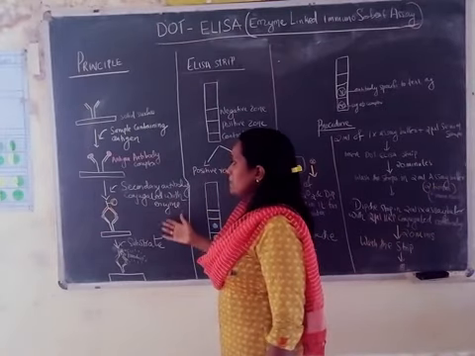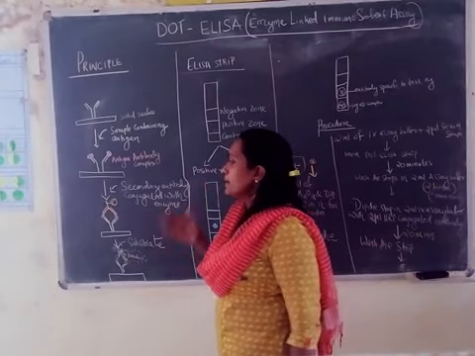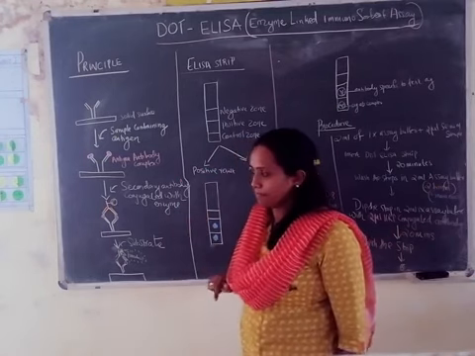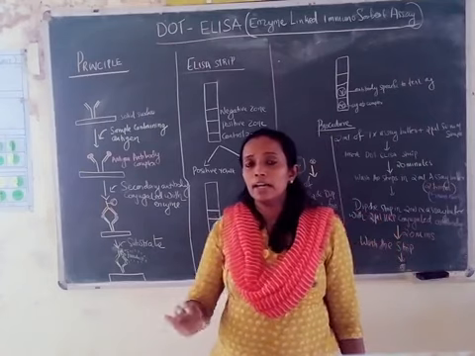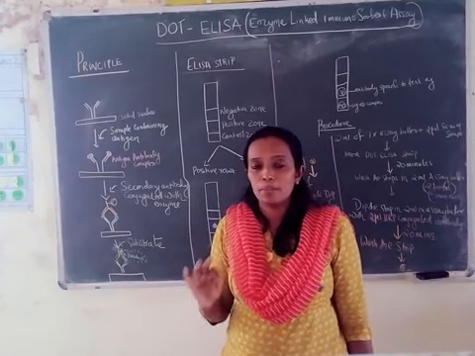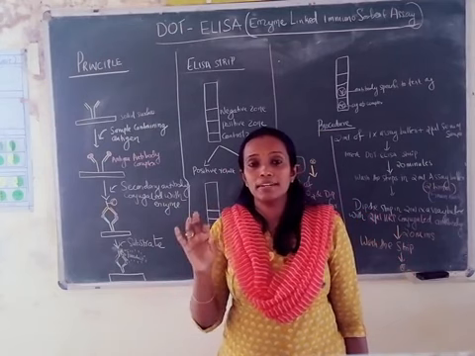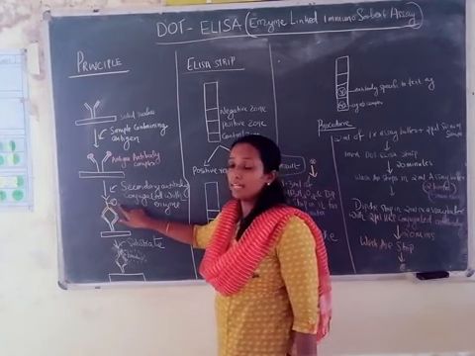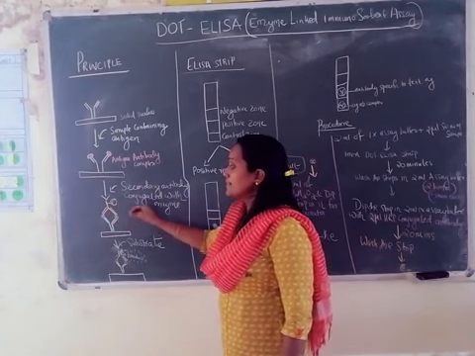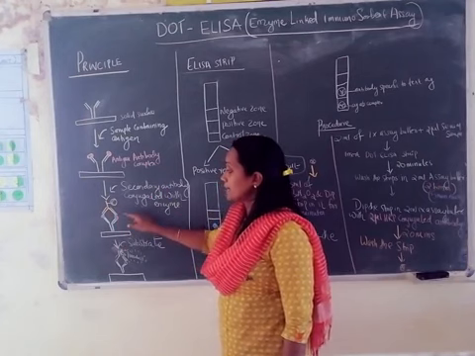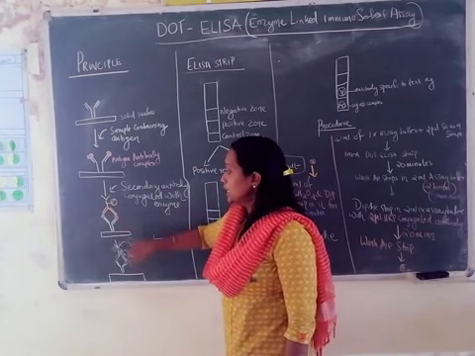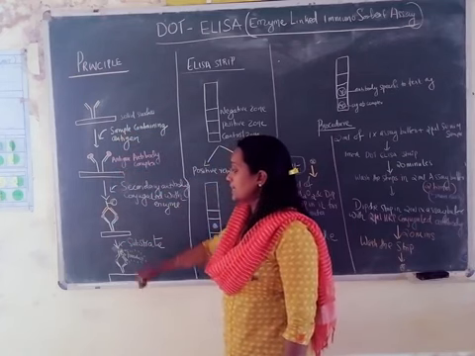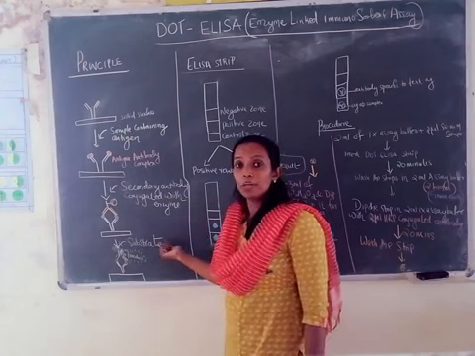So after the incubation time, you have to do the washing step. After the washing step, you have to add an antibody which is conjugated with enzyme. All of you remember very well, in the ELISA technique, enzyme linked immunosorbent assay, we are using an antibody which is conjugated with enzyme. So here we are using a secondary antibody conjugated with the enzyme. As soon as you add it, that will bind to the antigen-antibody complex. So whatever experiment we are doing here is similar to the sandwich ELISA technique, but it is a qualitative method, not a quantitative method.